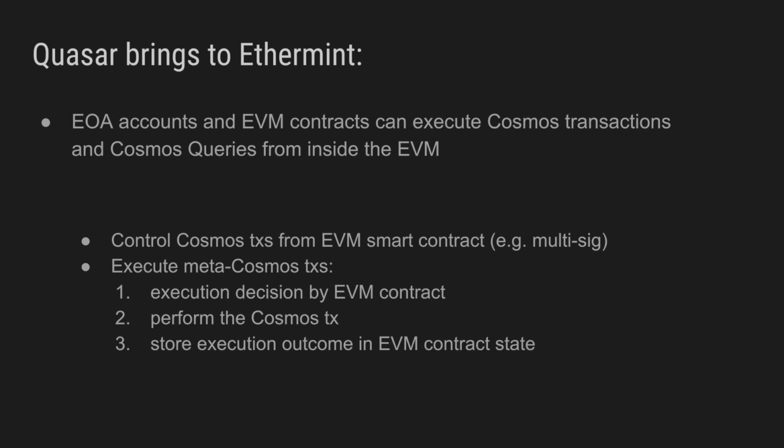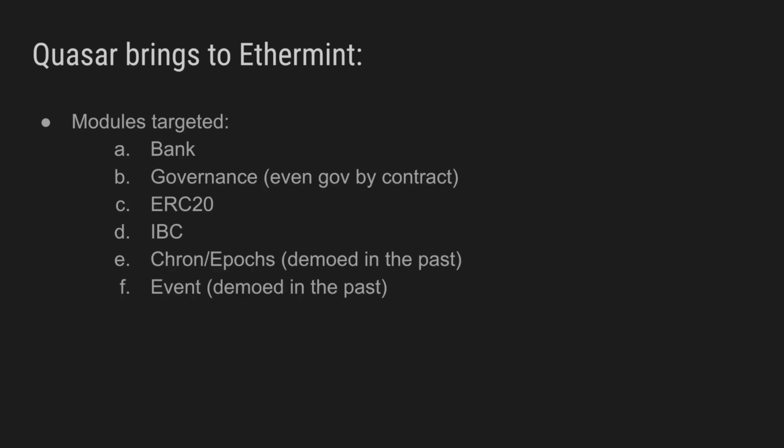For Cosmos transactions executed from an EVM smart contract like a multisig, meta Cosmos transactions are triggered by an execution decision inside the EVM contract, and then the Cosmos transaction is executed, and then the execution outcome is stored in the EVM contract state. So now you can use any Cosmos module from inside the EVM, be it the bank module, governance, ERC20, IBC, Cron Epochs module, which were demoed in the past, eventual transactions also demoed in the past